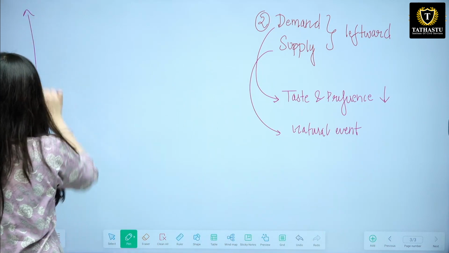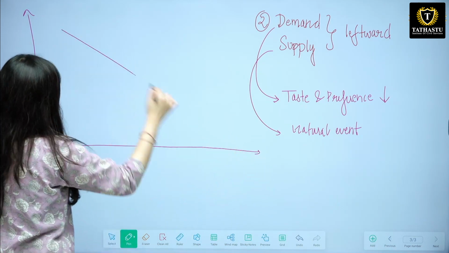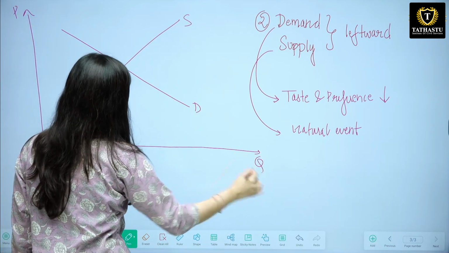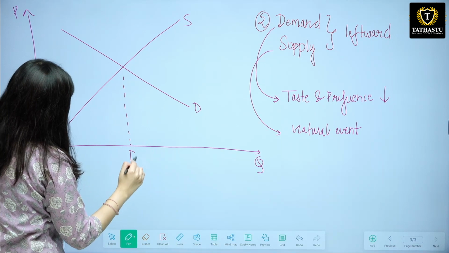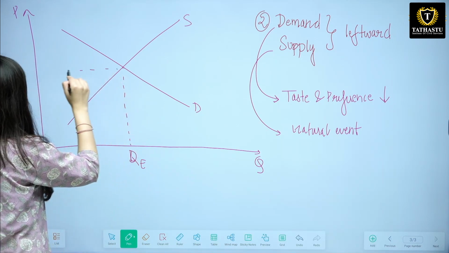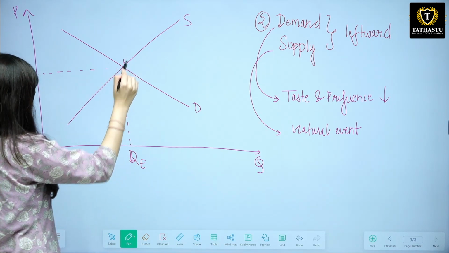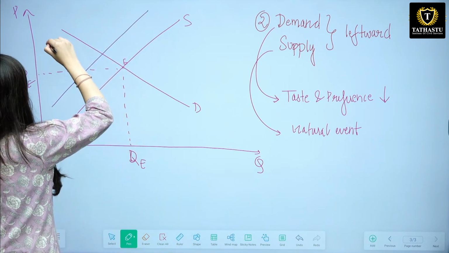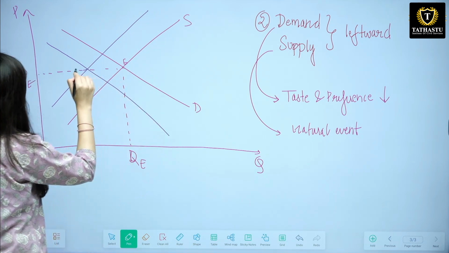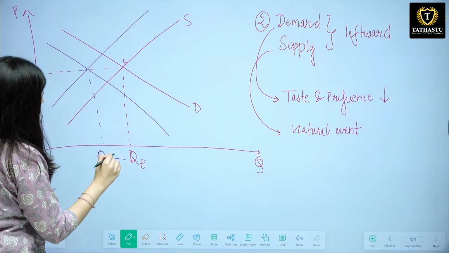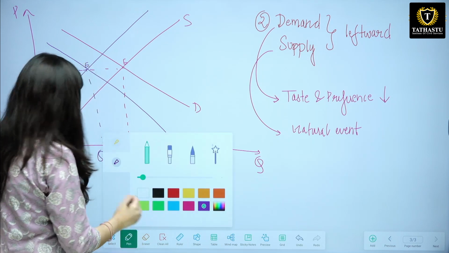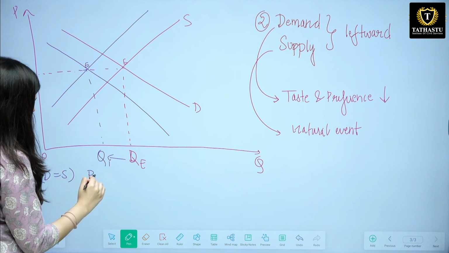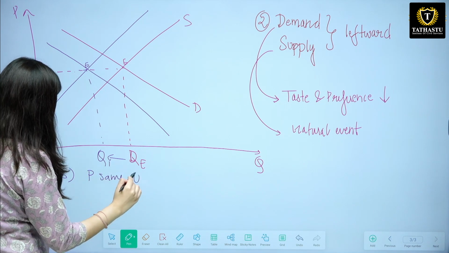So in this case, this will be our graph, demand curve, supply curve, price, 0, quantity. This is our equilibrium point, quantity at equilibrium, price at equilibrium, equilibrium point. Now both are shifting leftward, right? So in this case, what is happening? The price is staying the same, but the quantity, it decreased. Okay, this is the new equilibrium point. Now that is the first case. So in the first case, when demand is equal to supply, what is happening? Price is staying the same, quantity decreased.